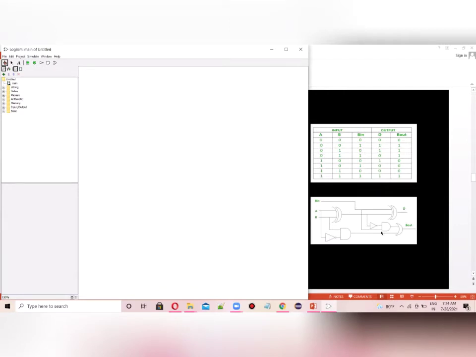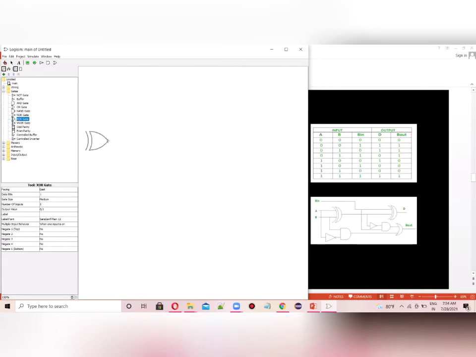To design this, all we need are two XOR gates, two AND gates, two AND gates, one OR gate, two NOR gates, and two NOT gates.